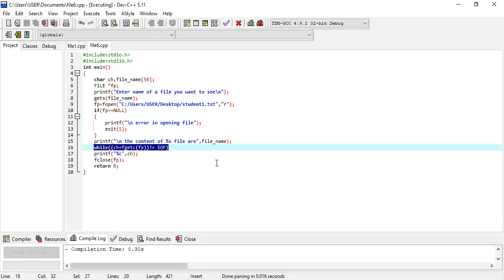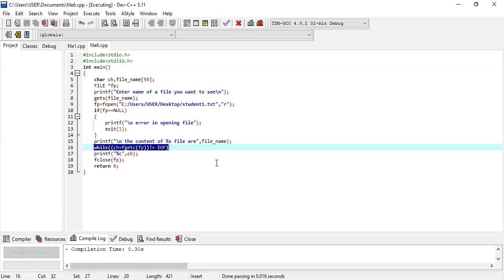So this is for reading the character one by one. We use fgetc, and for writing the character one by one, we use fputc. Why f? Because this is a file character.